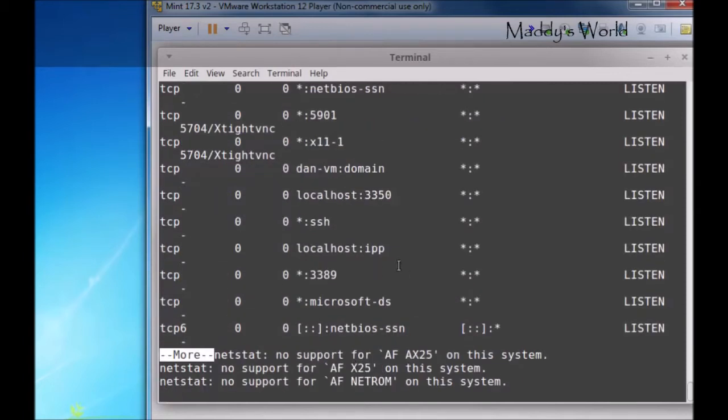And you can see that now I'm listening on port 5901, process ID 5704, Xtightvnc. And you can see here X11-1, process 5704, Xtightvnc. So now TightVNC server is running, and we're listening on port 5901. Now, before I can connect with remote desktop from Windows to Linux, I'm going to need to edit my xrdp